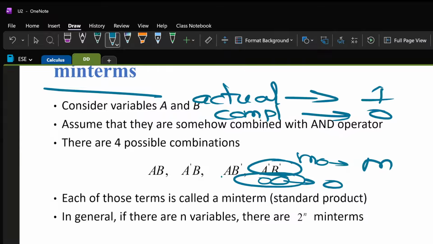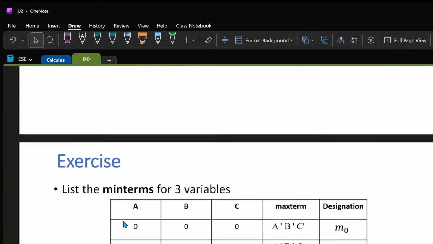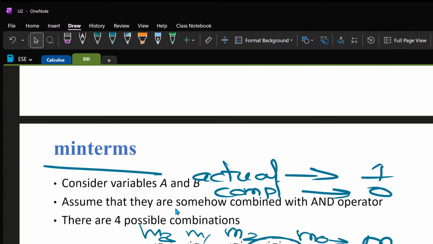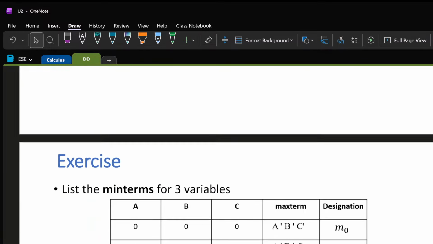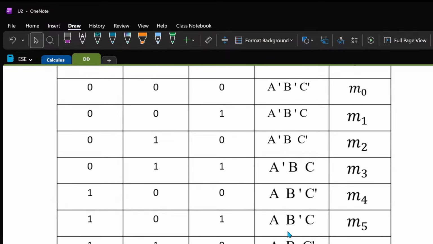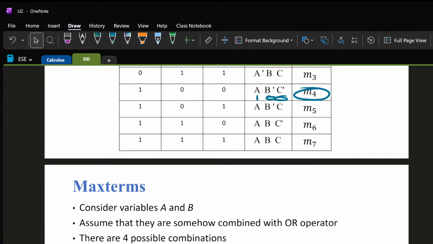Similarly, this is going to be 1, 0, right? So that will be what? M2. Similarly, this will be what? 0, 1, M1. This will be 1, 1, this will be M3. And so on. You can always do that for 3 bits also. So given n variables, you can generate 2 power n min terms, right? So that is also there. So see this, easy to understand, just in 3 things. So a, b bar, c bar, 1, 0, 0, m4, small m4. Now talking about max terms, you do the same thing,